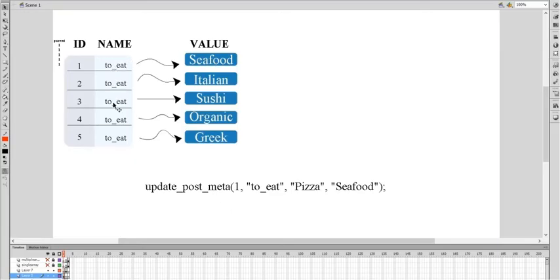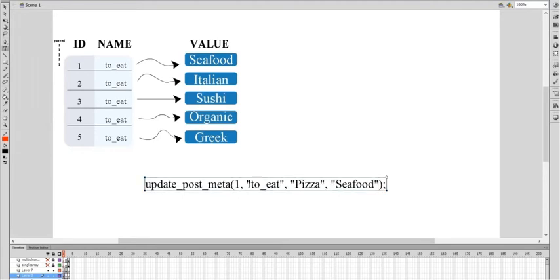So this is what it looks like in the database. I have "to eat, to eat, to eat, to eat, to eat," and then I have a different value for each of these entries. So what WordPress does, it goes into the database, it gives me every single meta key that I asked for with this name, associated with this parent ID right here, and then it puts that into an array result set